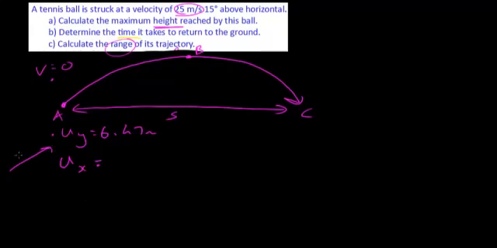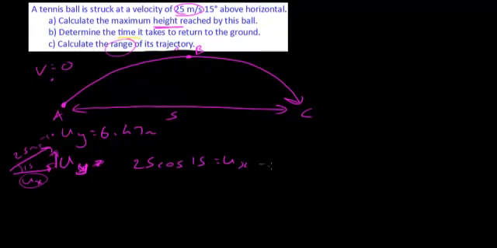So if that was your initial velocity, which was 25 meters a second, at 15 degrees, we need to find ux. And ux is just going to be the same thing as finding the opposite, finding the height of the right angle triangle. Instead of that, we need to find the adjacent, because ux is the adjacent, and that's the hypotenuse. So very simple. Instead of sine, we use cos this time. We're going to have 25 cos 15 equals ux. This was uy. Equals ux. So 25 cos 15